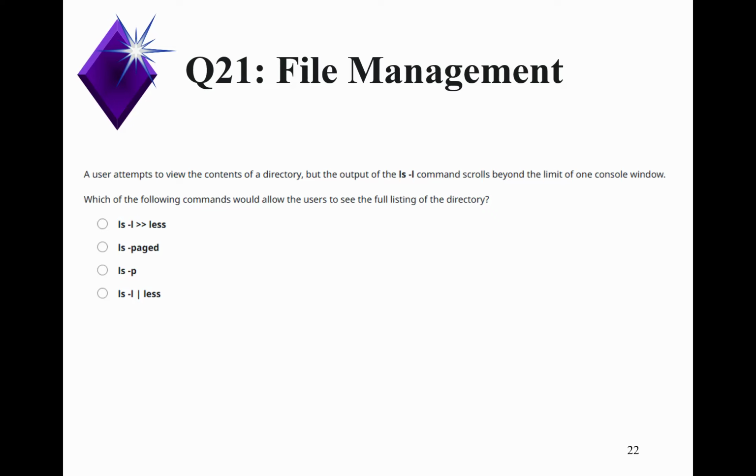That's the only thing. Okay, user attempts to view the contents of a directory. The ls -l command scrolls beyond, like a scrolling, beyond. If you want to scroll, what will you do? Scroll down, scroll up. The last one, with the pipe option. Yeah, the pipe with the less option. Exactly. So the pipe option less is going to get you